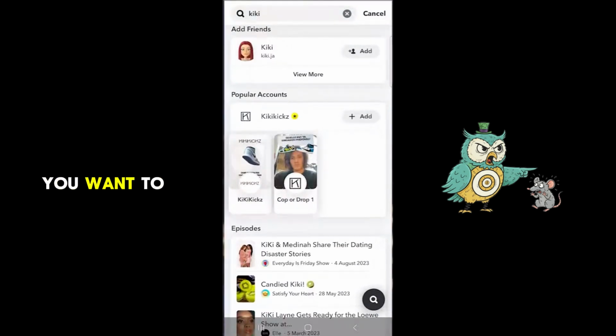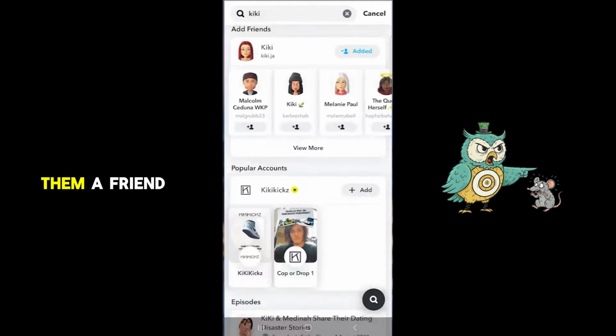When you see the friend you want to add in the results, tap on the plus add button to the right of their username. This sends them a friend request. After the user accepts your friend request, they will be added to your friends list, and you can snap them